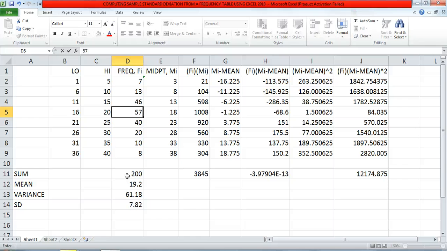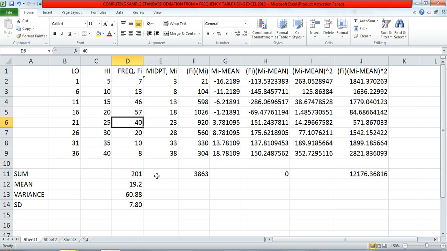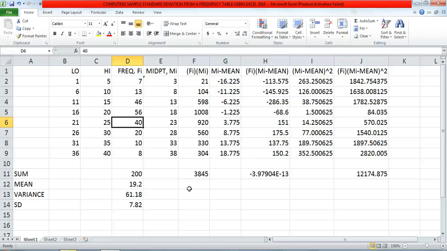That changes our total sum of the data, the mean, everything. But Excel will automatically change everything for you. Look how nice this is. Alright, let's go back to 56. Okay, so that's our